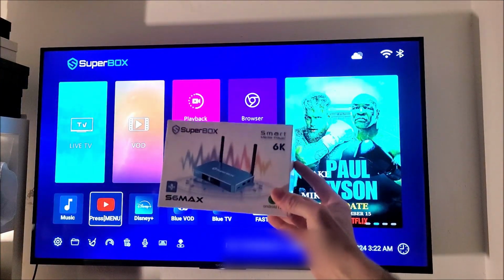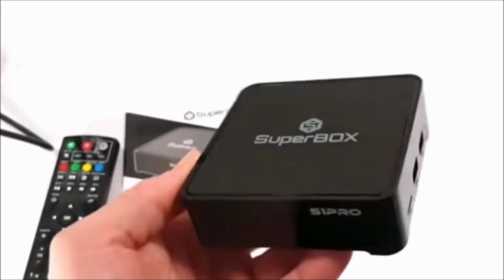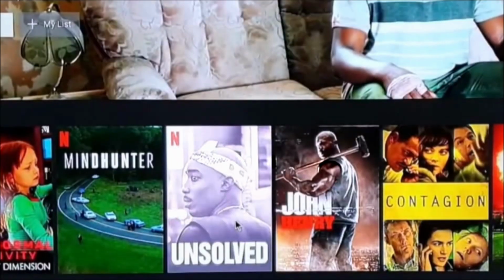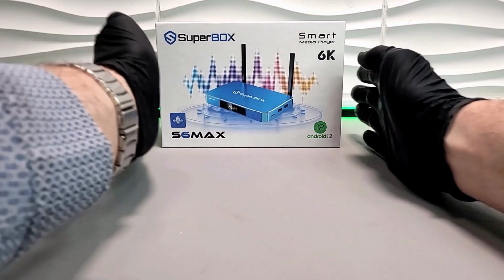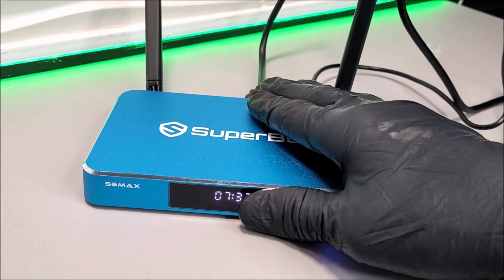Again, I still do own the previous SuperBox S5 Max and the SuperBox S1. Yes, I do. I have been using it for many years for TV and entertainment such as box sets, etc. And to be honest, you really can't go wrong with the SuperBox S5 Max or indeed the SuperBox S6 Max. This particular one, it does retail at